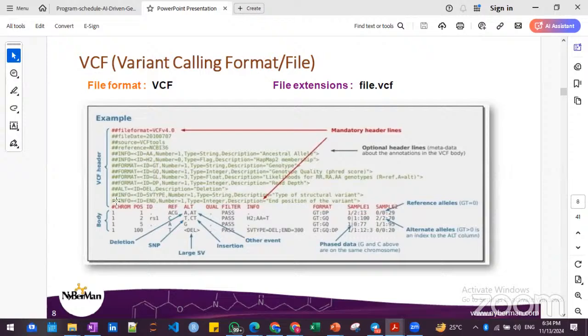And then after a few rows, after the header completes, will be the main body, which is called data, the data that you need to further identify the mutations, like SNPs or insertions and deletions. So insertions, deletions, and SNPs are types of mutations in the genome. Okay, so if you are